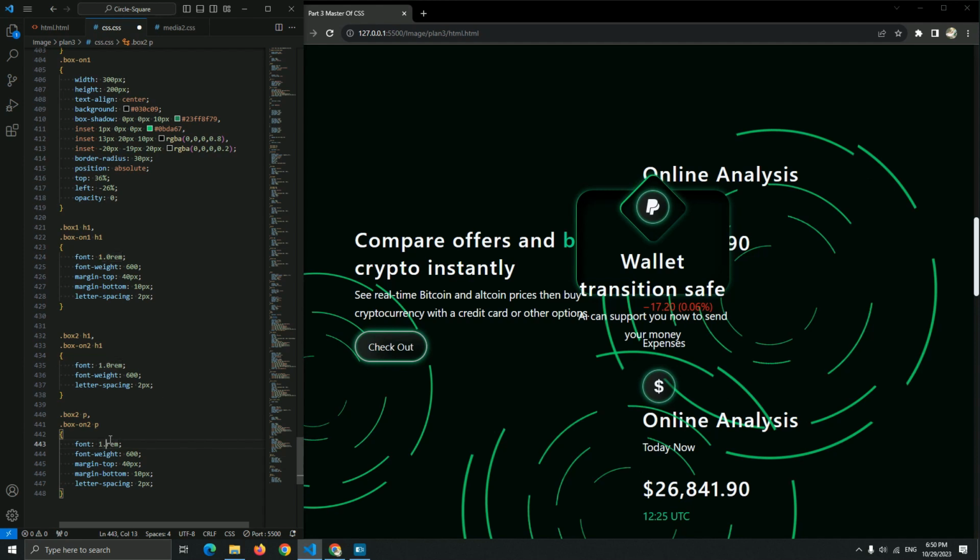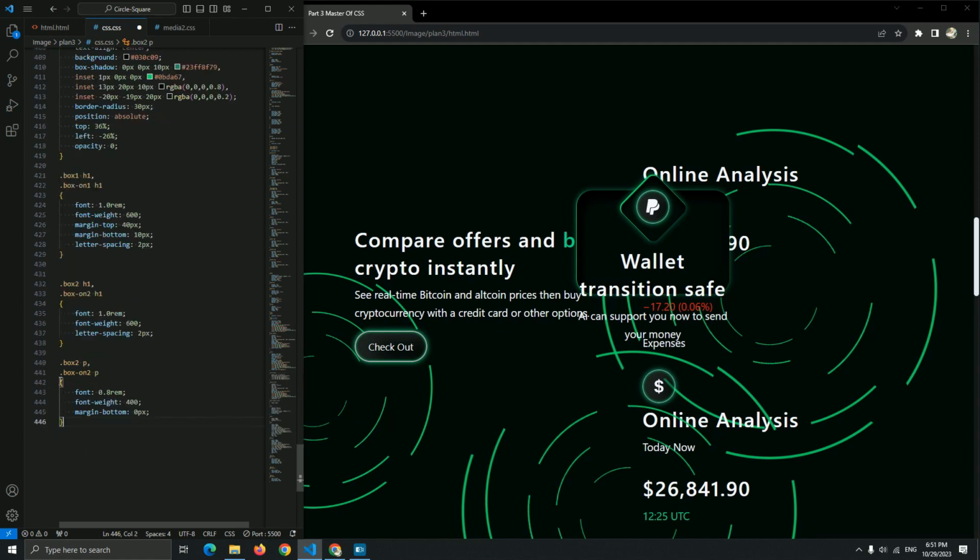Set the font size 0.8. Okay, and we don't need a margin top and a margin bottom. Or you know what, let me just remove this and let this be 0 pixel, and we don't need the letter spacing for this. Okay, this is for this box P of the description, and for this box 3, there we go.